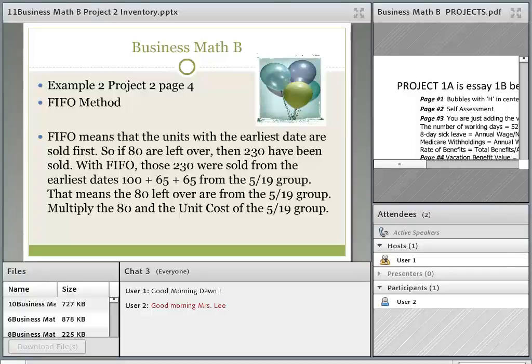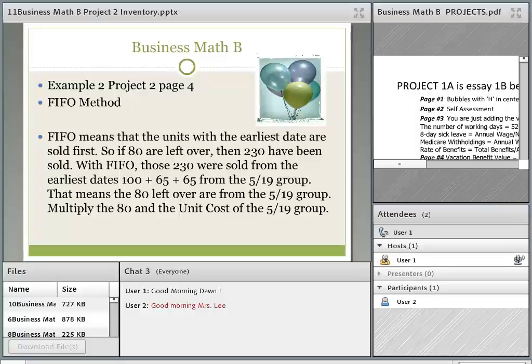So in our project, FIFO means the earliest dates are sold first. So we've got 80 left, and 230 have been sold. With the FIFO, those 230 came from those first few dates. Okay? So the 80 that are left are going to come out of the last date on the project